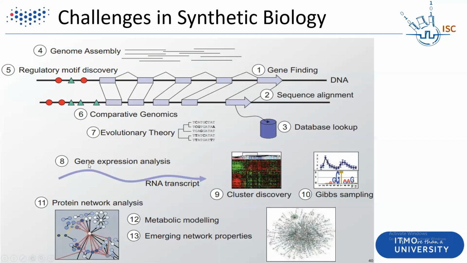You could also use gene expression analysis to analyze the RNA transcripts, then cluster them using heat maps here, or Gibbs sampling, as shown here. Then you can do the protein network analysis and metabolic modeling, and finally you would provide emerging network properties. So all this can be integrated in